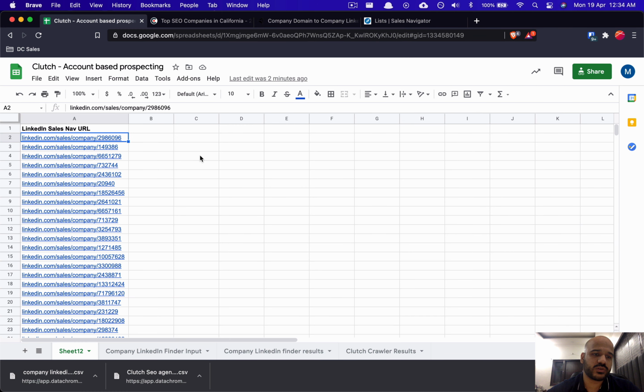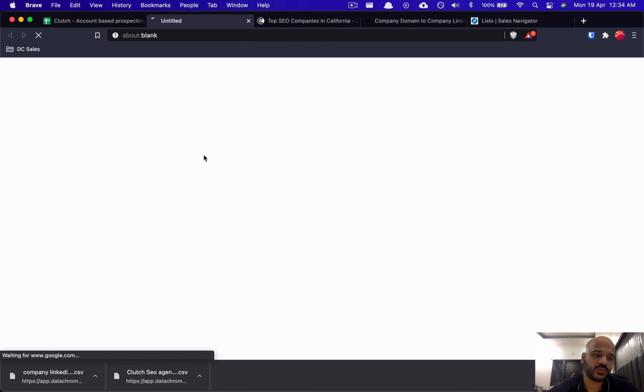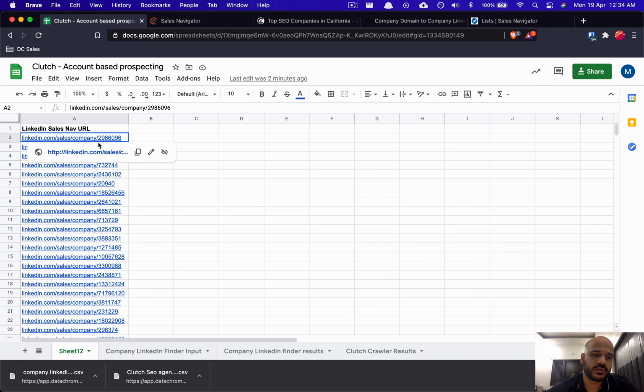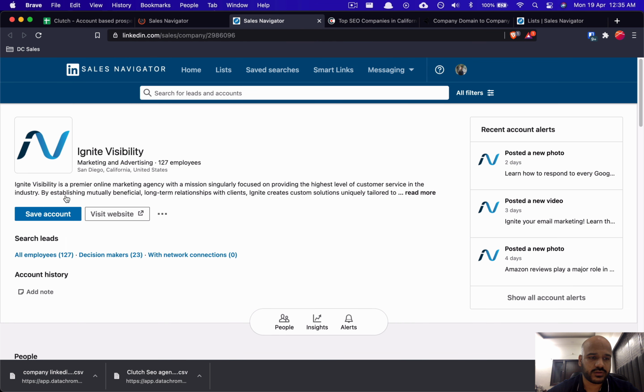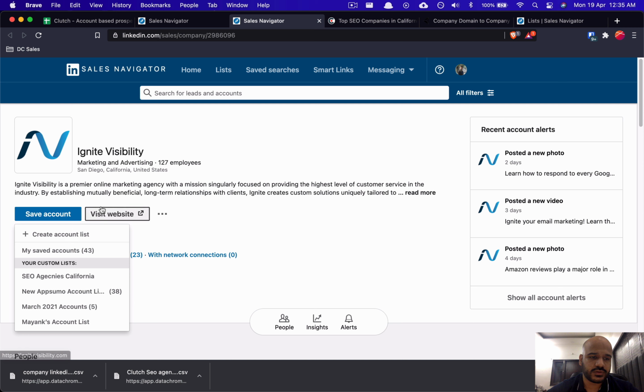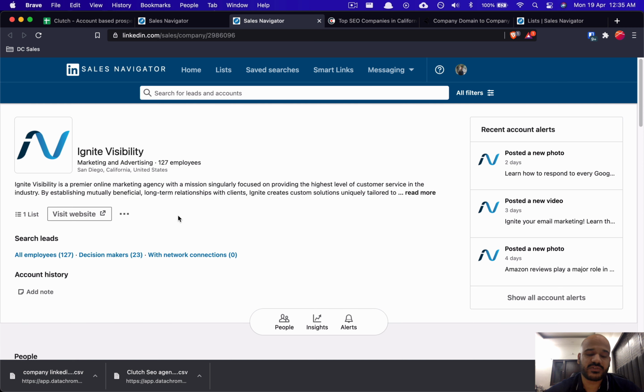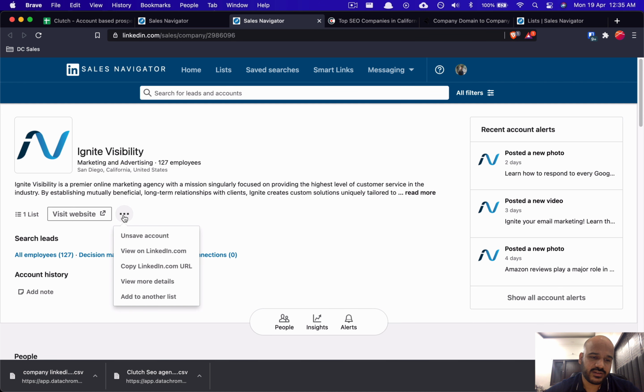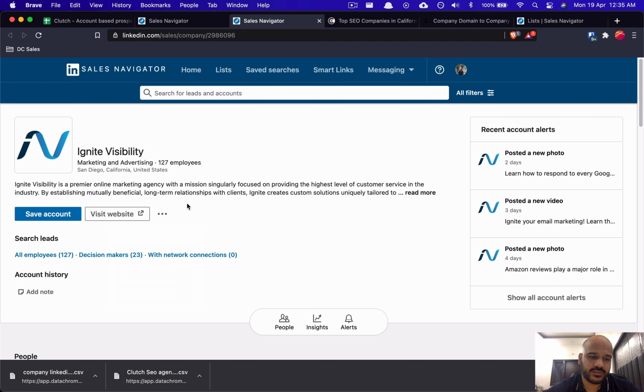So one way is you can open up these accounts one by one and save account and save them to a list, but this becomes a very manual process and you can't scale it. Let's say I have 1,000 companies that I want to add to a list. That's just not possible by doing this method. So I'm going to unsave this account, and